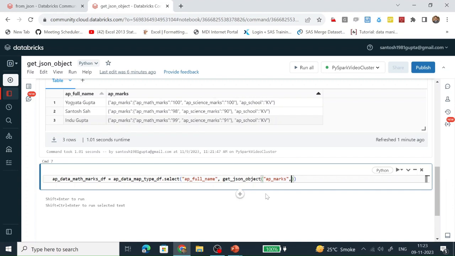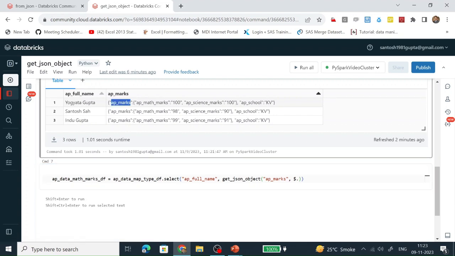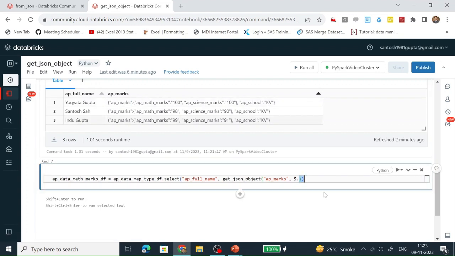From where we want to fetch the value, we have to give the full path. We give the full path with the help of this dollar sign dot in this column. This is the place from where we want to fetch the math marks.